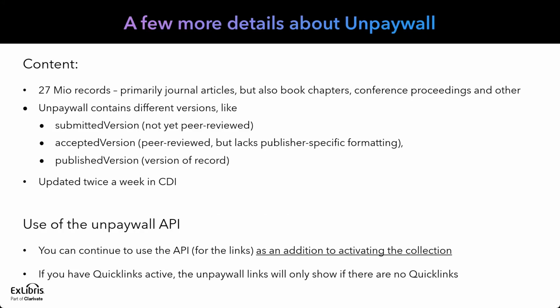We had a lot of feedback from different people about what type of versions they would like to see or not see in CDI. And we will make a decision at one point whether we should change what we're doing today. At the moment, we have all the versions. A serious researcher would like to have all the versions because they want the content as soon as possible, as soon as it's published. But undergraduates, for example, are supposed to use the published version, not necessarily the submitted version. So there are different interests here.